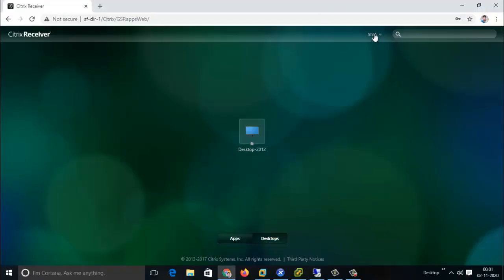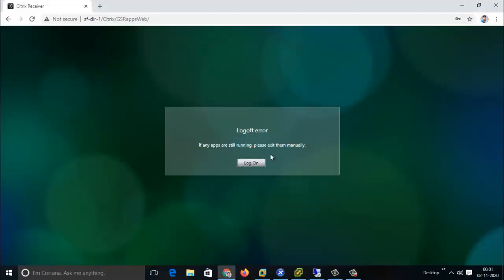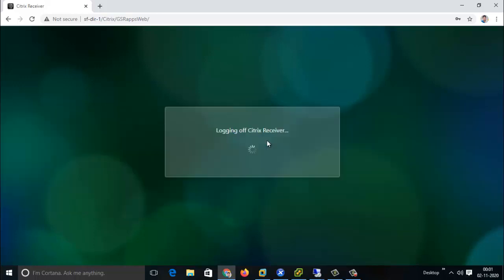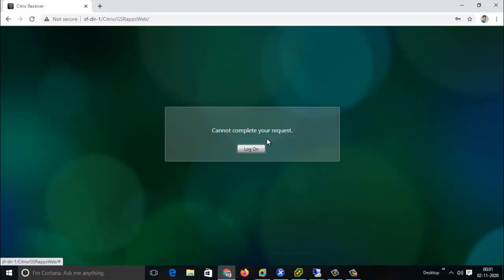Now log off and log back in. Now we are getting the error message "cannot complete your request". It seems it's not authenticating because we have stopped the credential wallet service.